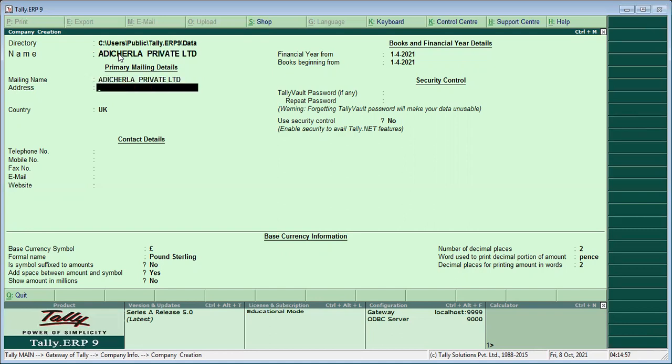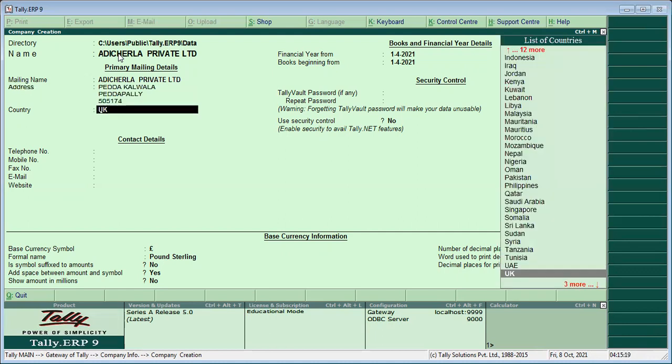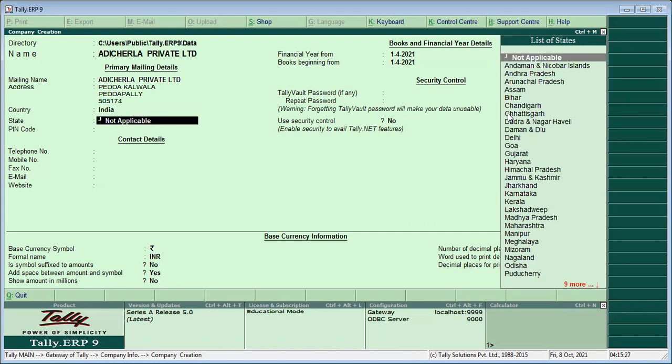Address. For example, write your full address in detail. Address: Pedda Kalwala, District Peddapalli, PIN 505174, country India, state Telangana.